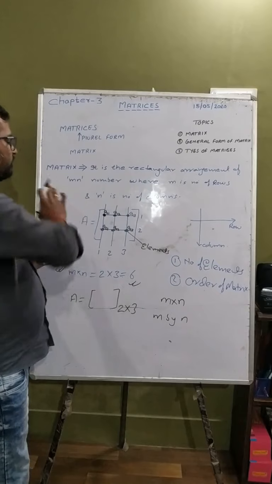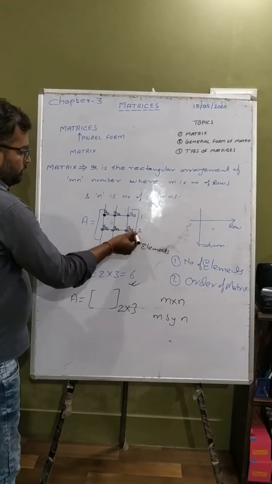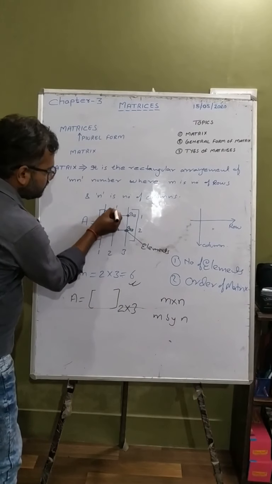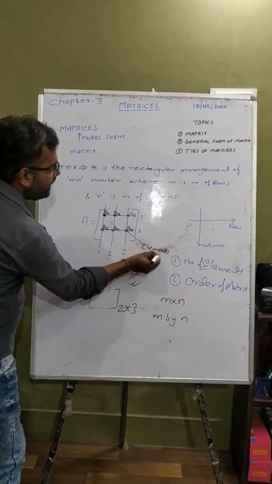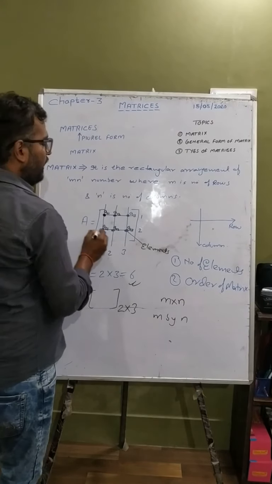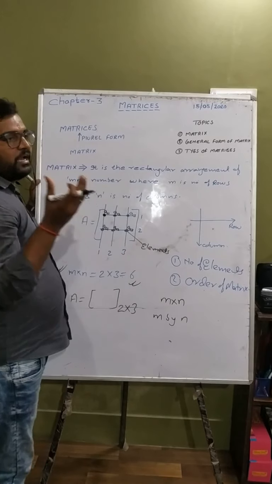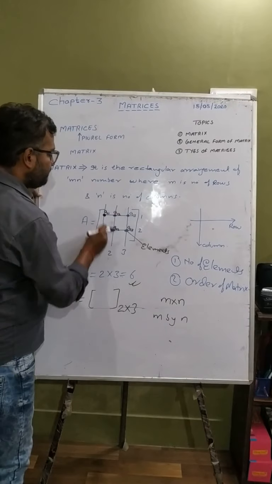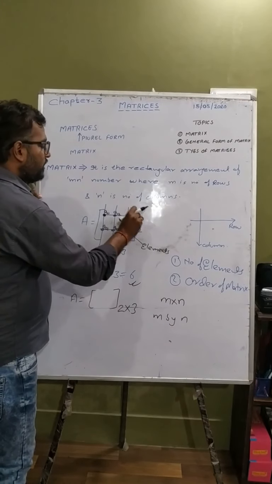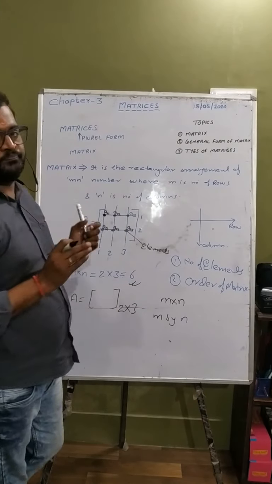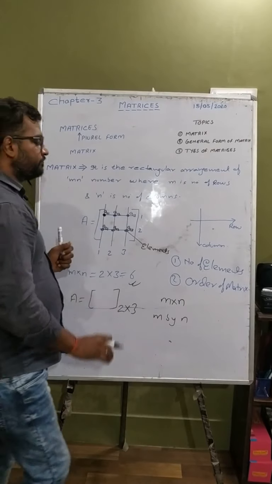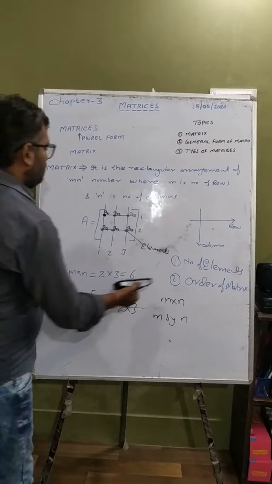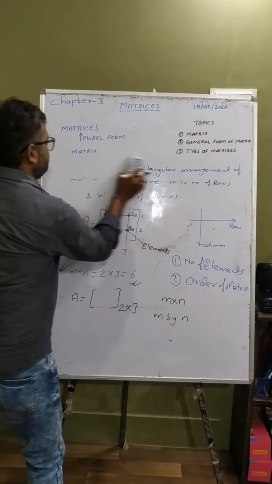Clear? Okay. Now, in this given matrix, these terms are said to be the elements of the given matrix. And all the elements have a specific position, and these positions are given according to their row and according to their column. Clear? Okay. Now on this particular topic, let's do some questions here.